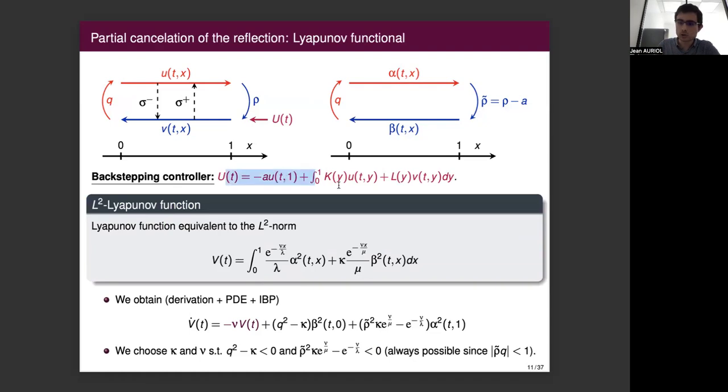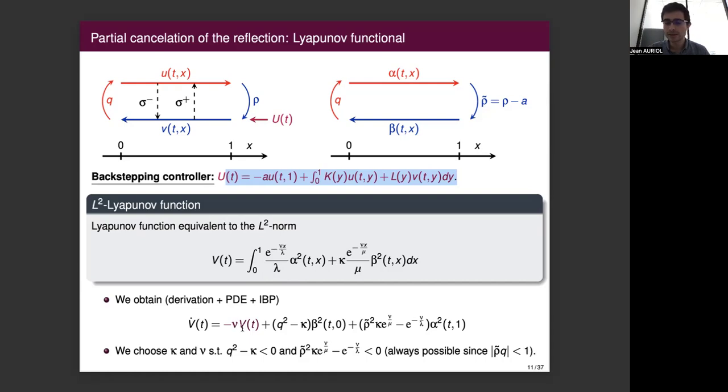So my backstepping controller is now defined like that. For this system, you can characterize its stability in the L2 norm using a Lyapunov function. This Lyapunov function corresponds to the classical L2 norm, but with some exponential weights. You can find it in the book by Bastin and Coron. And if you take the derivative of this expression, you replace alpha t by the PDE, use integration by parts,